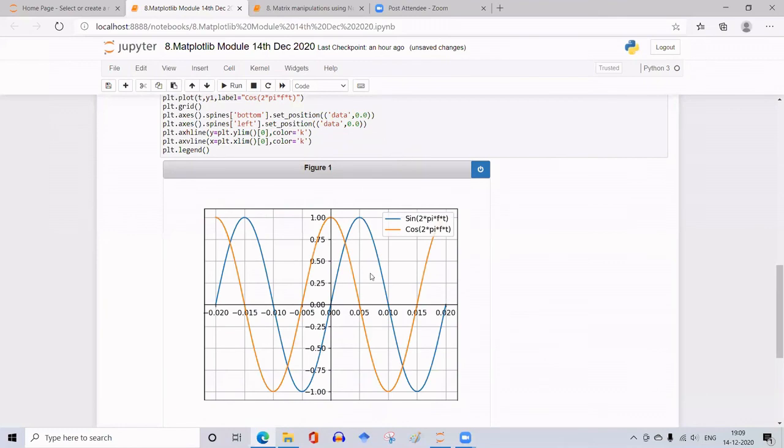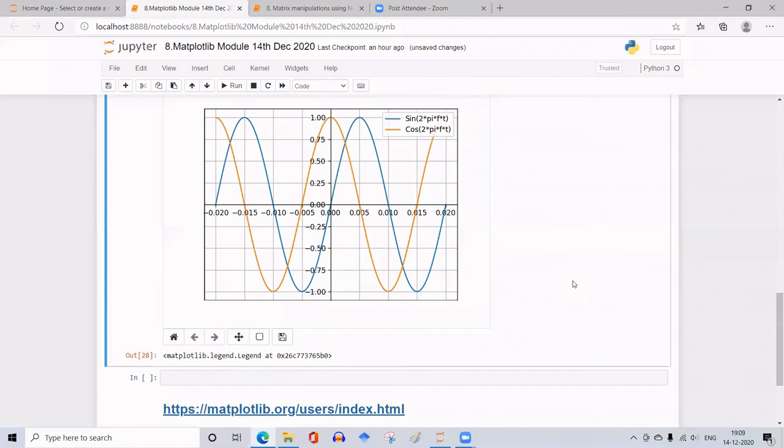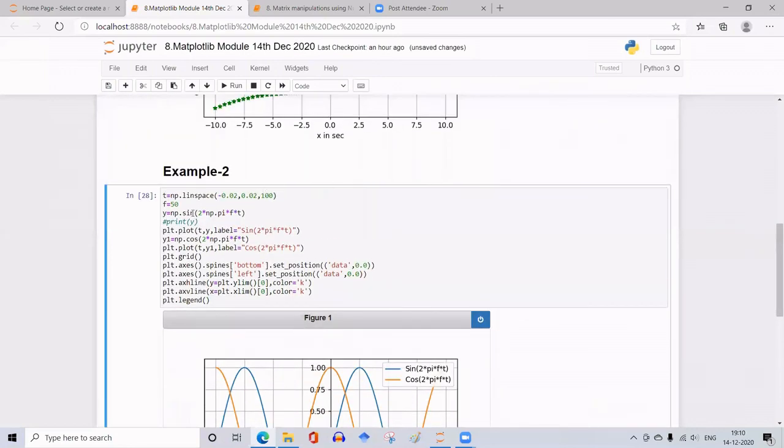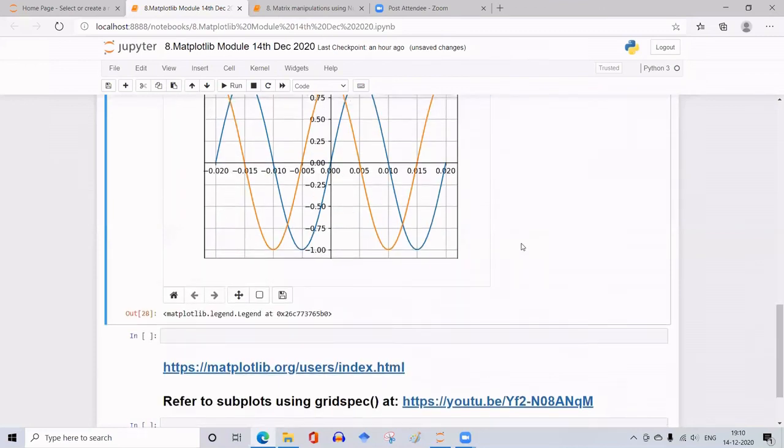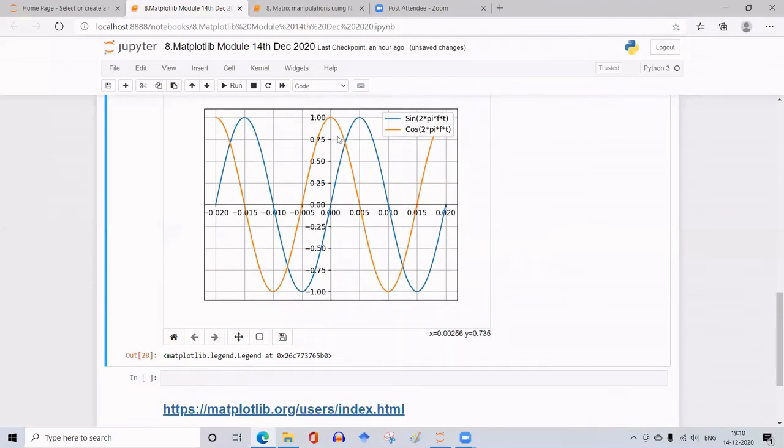So now these sine and cos signals are in an interactive window. So you can do the same thing here as you move. See, this is sine 0 and this is the sine maximum, which is 1, because I have just taken sine 2 pi t. Amplitude is 1. So this is cos. Okay.